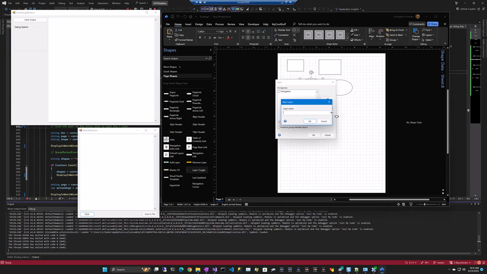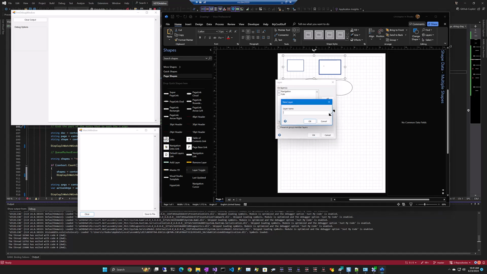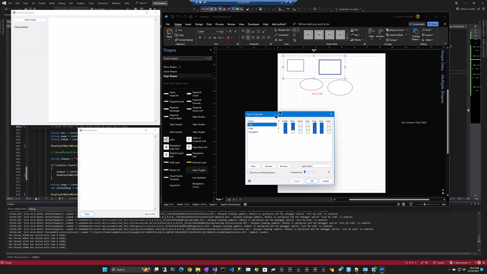We'll create a new shape called cats. And now, if we come to the layers area, layer properties, and we turn off the visibility of cats, oops, we must not have put that one on the cats layer,